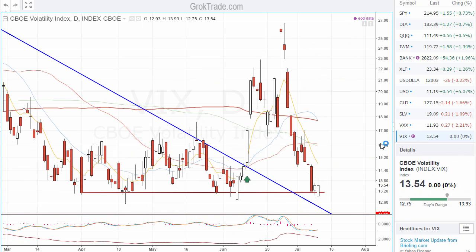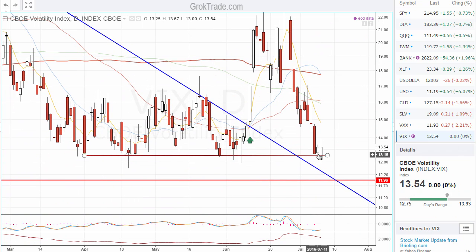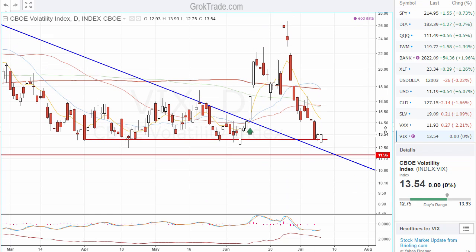The VIX index. Now look what happened here. Yesterday, now remember this is an inverse index. It's a fear indicator. It goes higher when there's fear. Fear has been dropping. No fear. Yesterday, we actually had a bullish candlestick, which means a fear candlestick. Today, we had a gap down, run up. That's another fear candlestick. So you have two bullish candlesticks showing an upward movement of fear at a major